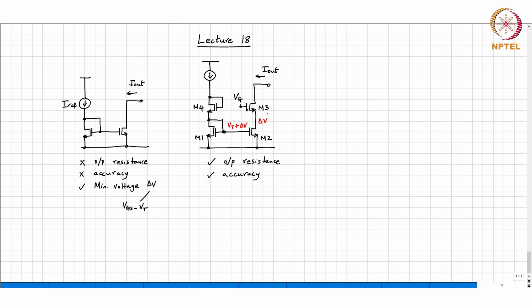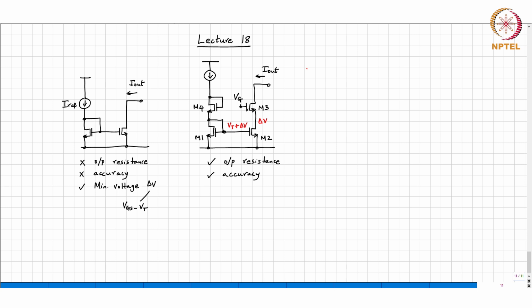So the gate source voltage of M3 will be VT plus delta V. So what must be the gate voltage of M3 must be? It is VT plus 2 delta V. Right? Okay. So therefore the minimum gate voltage needed to keep M2 in saturation is,